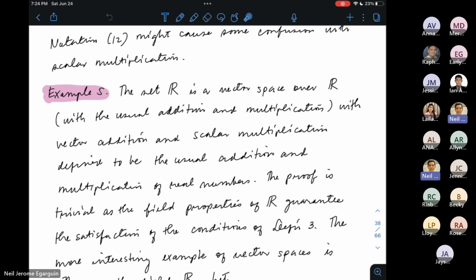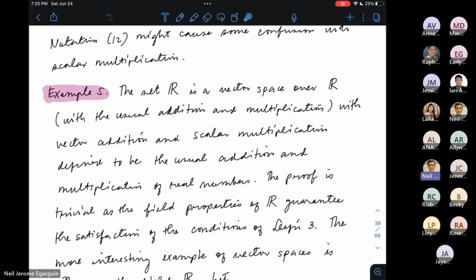Tapos yung vector addition, siya na yung usual addition of real numbers, at yung scalar multiplication, siya na rin yung usual multiplication, right? So the proof is quite trivial because madaling i-check na nasa-satisfy lahat ng mga conditions, lahat ng kailangan dun sa definition. But sige, ano kaya yung additive identity? Ano yung vector? Again, the set of vectors here is R. The field of scalars is also R. So ano yung element ni R na nagsiserve na additive identity ng vector space?